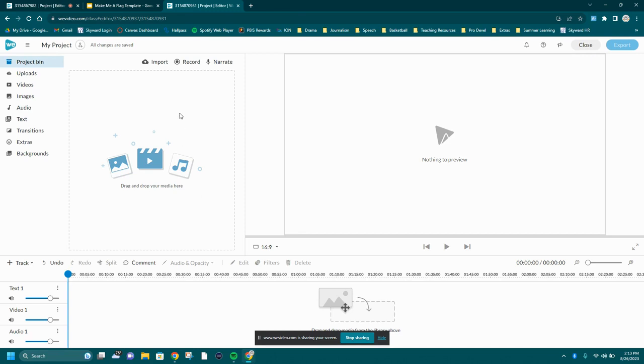Now above the canvas, there are 3 buttons. Import, this would be anything that you want to bring in from your Google Drive or from your desktop or any place like that. We're not going to do that right now. We are going to record. So click record,